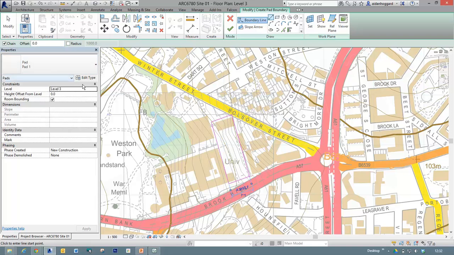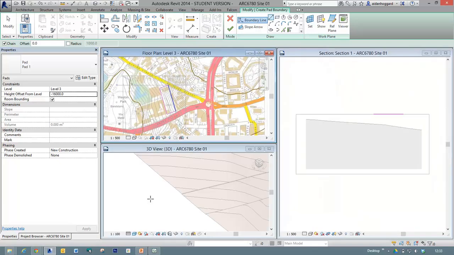Now the important thing is that you do need to tell it what height. So it's asking what level is that building pad. Now at the moment it's referring to level 3, and it's offset 0 from level 3. Now I happen to think that should be about minus 16,000 from level 3. Can't see it, but if we just go into a 3D view,